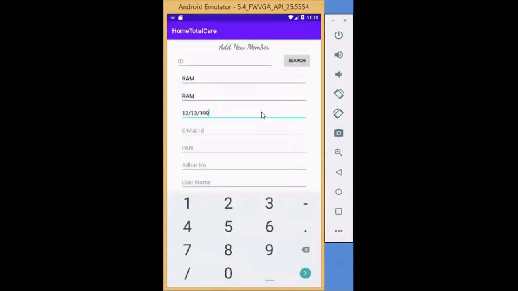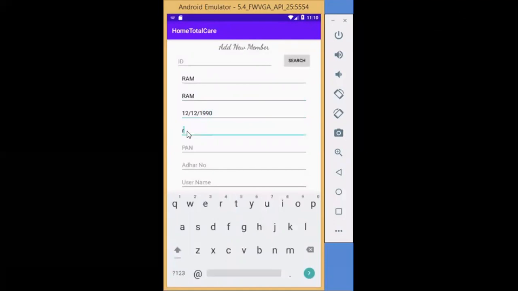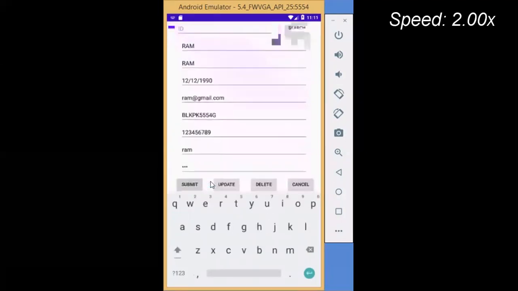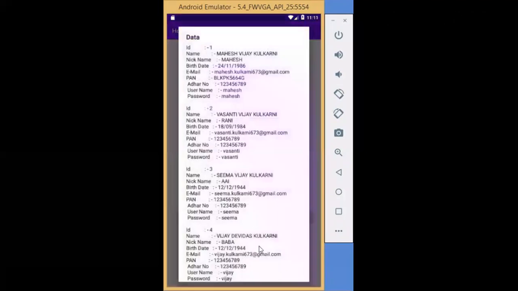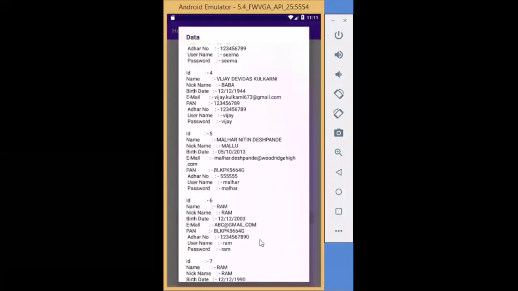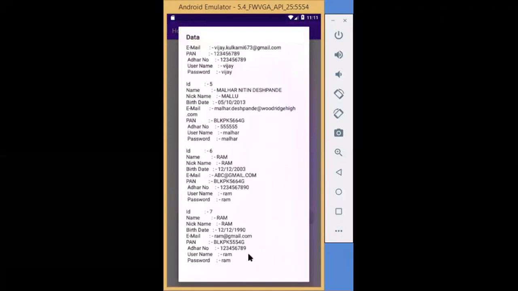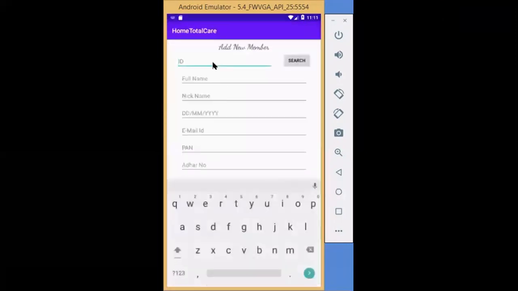After that, you have to add email ID or PAN card number, Aadhaar number, and after clicking on submit, the record will be stored successfully. If you want to see all the records which you have already entered, you can see them by clicking view all. We have already entered the 7th record. You can see the 7th record is successfully entered.